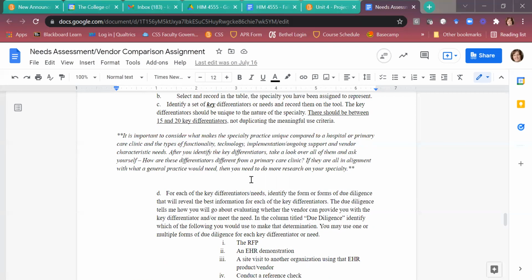If they are all in alignment with what a general practice would need, then you need to do more research on your specialty. I want to be able to look at that list of key differentiators and know that you're specifically looking for an EHR for that specialty. So for example, an ophthalmology clinic or a physical therapy rehab type clinic,